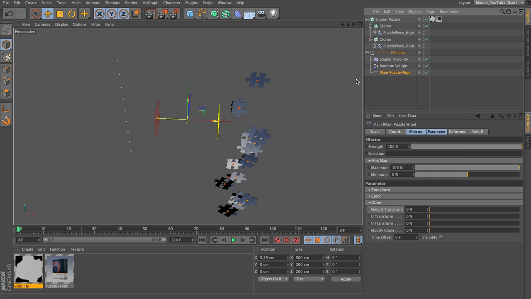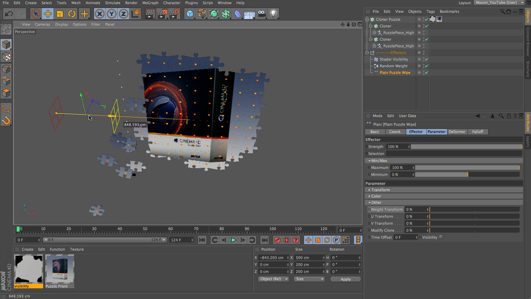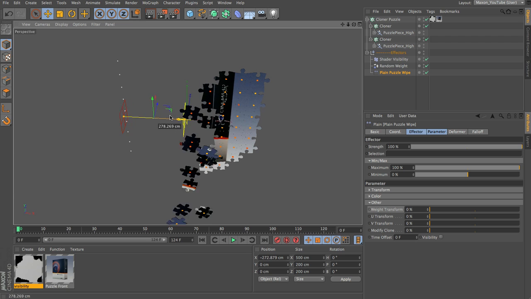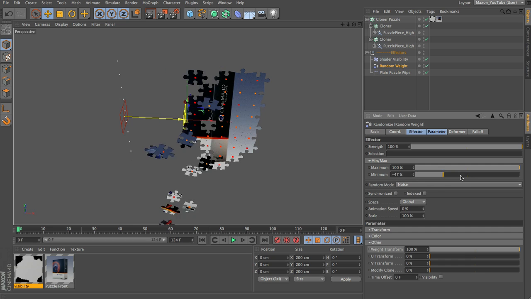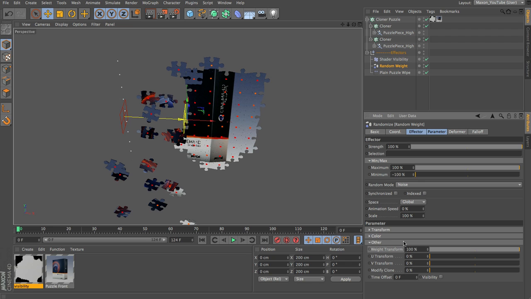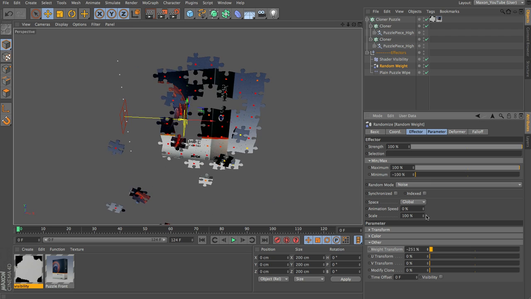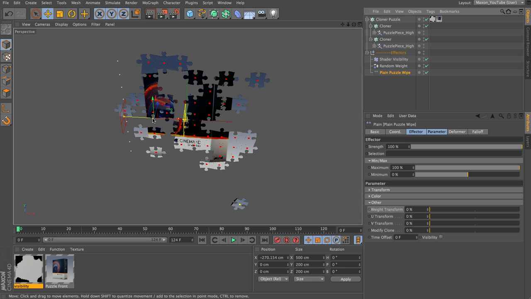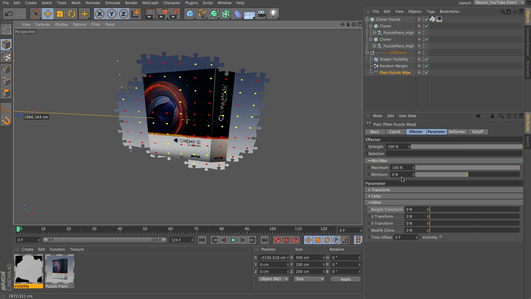Now if we drag our plane effector through, you can see that we're getting a much more random wipe. And you can come here to a halfway position and select your random effector, and you can then adjust your minimum and maximum, or adjust your weight transform until you get a result you're happy with. So if we set the weight transform really high, you can see that now the wipe is not even a wipe anymore, it's kind of happening over the surface of the whole cloner.